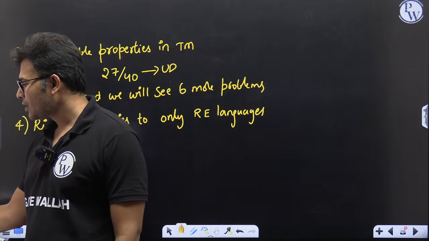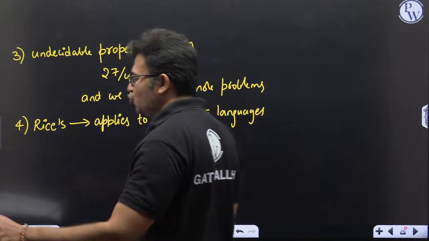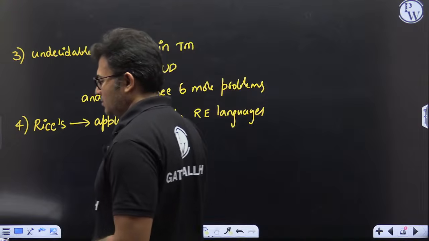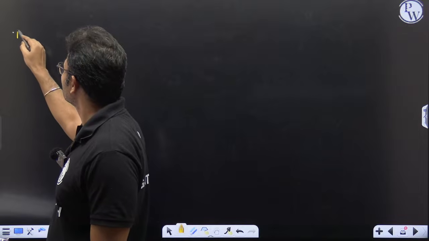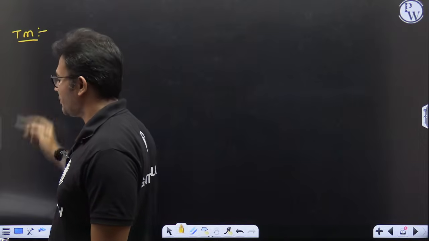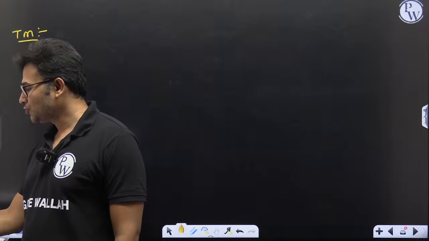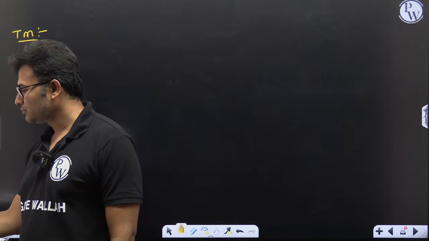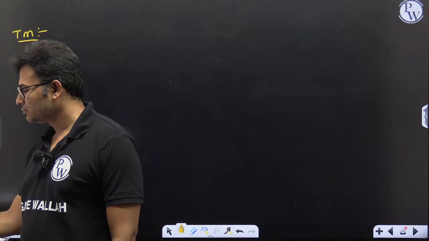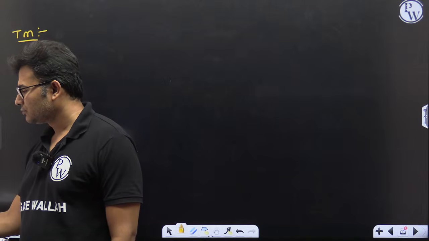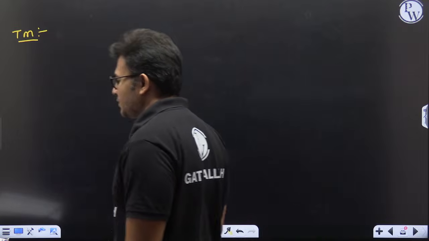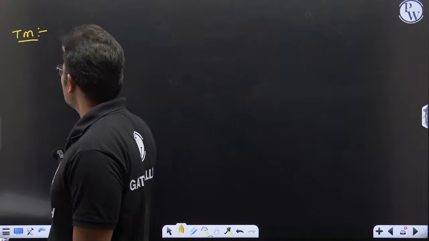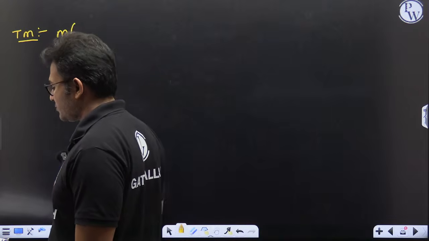So now, what is a Turing machine? Just like DFA, we have to define what is a Turing machine. So a Turing machine M is